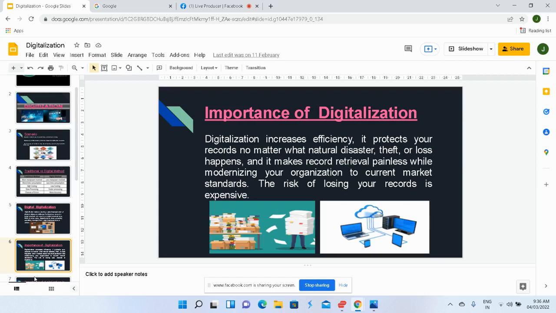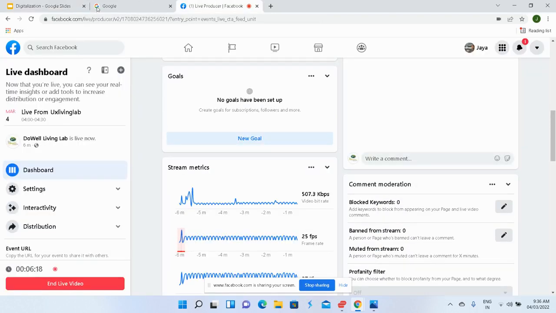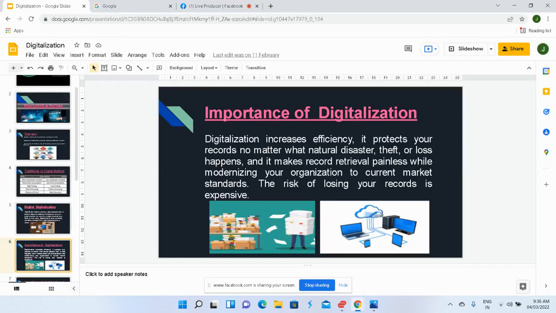You can't avoid that, but in the digitalization method, you can avoid that. You can try to get through it. You can rectify each and everything on that online platform. Second part of the importance of digitalization would be the